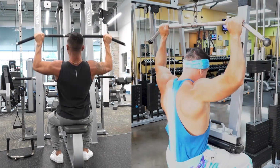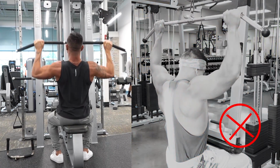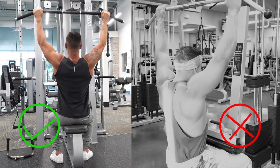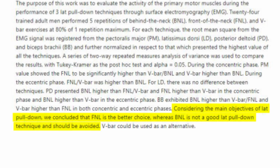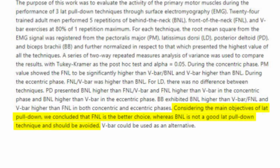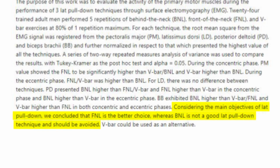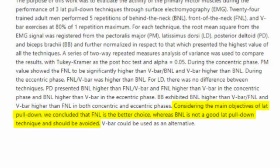According to one study published in the Journal of Strength and Conditioning Research, behind the neck lat pull downs are no better for your lats than the much safer traditional lat pull down. They concluded that, considering the main objectives of the lat pull down, the traditional in front of the body variation is the better choice, whereas the behind the neck variation is not a good lat pull down technique and should